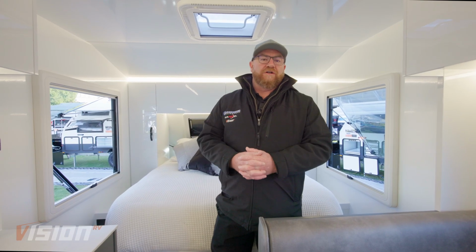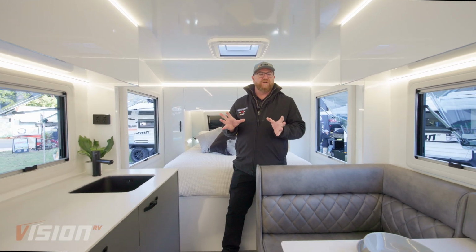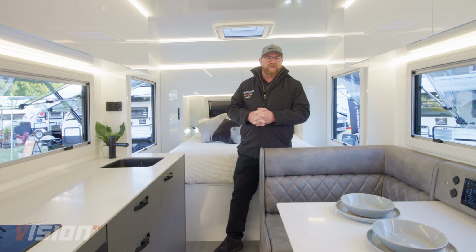Look, welcome to the inside, guys. This is absolutely one of the most contemporary vans on the market today. To be able to do this with 100% timber-free construction must be on your shortlist. So let me run you through some of the features and benefits that we incorporated into the interior of this